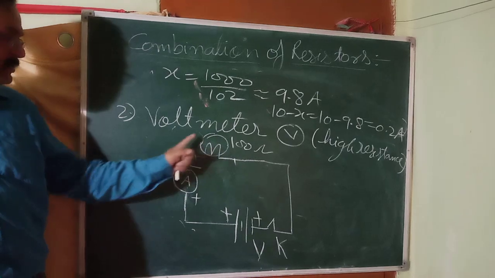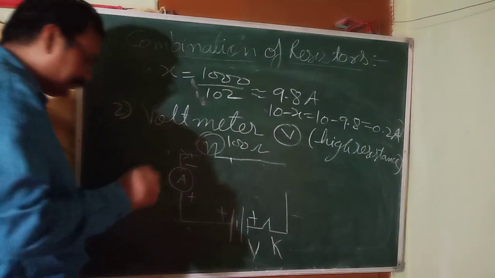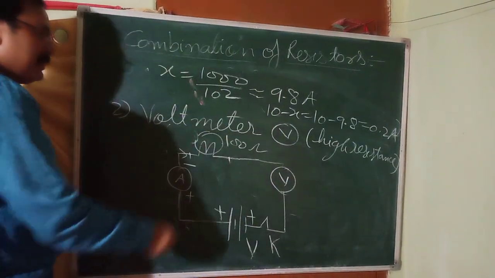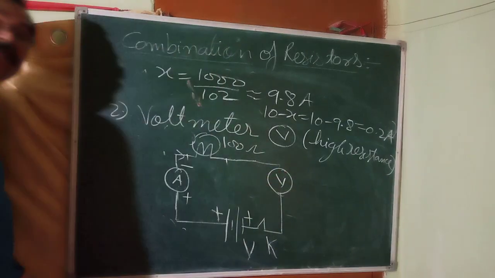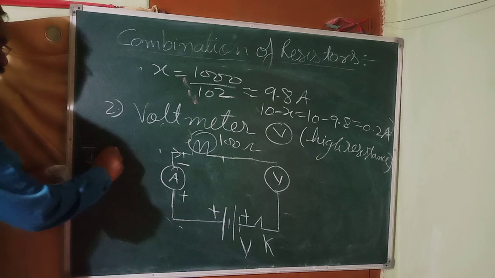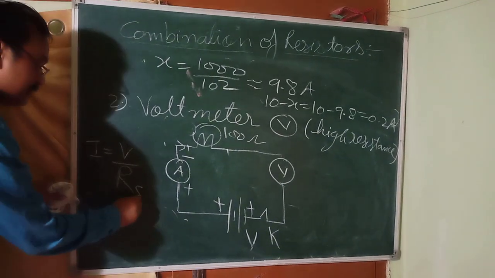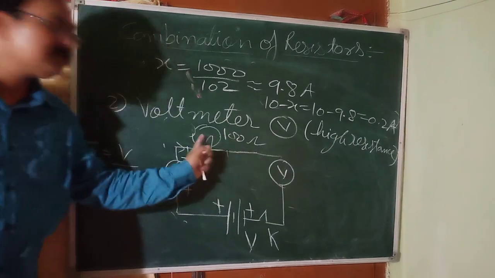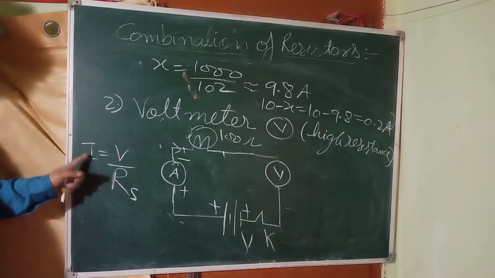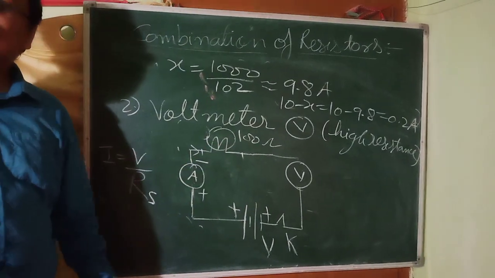Resistance of the bulb plus resistance of the voltmeter. Suppose you are connecting the voltmeter here in series. It is a high resistance device. So the resistance of this plus the resistance of this will become very, very high. As resistance becomes very high, we know that I is equal to V by the resistance in series, because these are in series. As this value will be very high, the current in the circuit will become very, very small. As current becomes very small, the bulb will not glow.